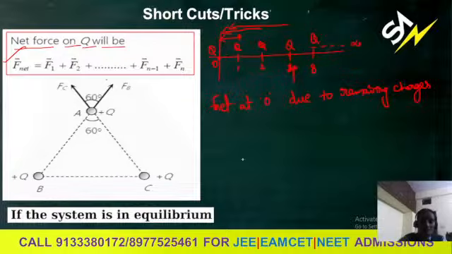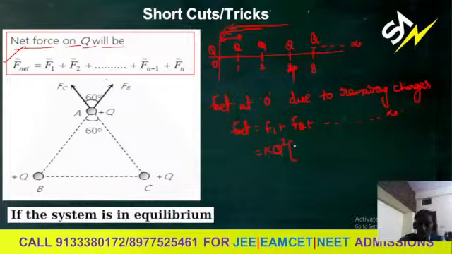So I can take directly F net, which is equal to F1 plus F2 and so on, for an infinite number of charges. Yes, no? If I apply Coulomb's law between origin and first charge, origin and second charge, there is a common term, that is kq square. Only the separation is different because the charges are identical. At the origin there is a q charge, and at the separations also q charges only. So kq square